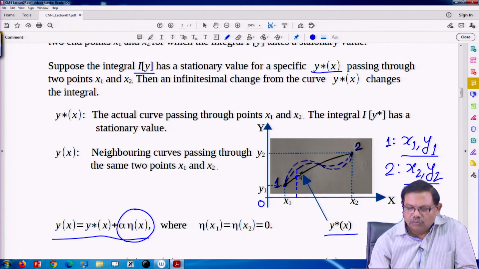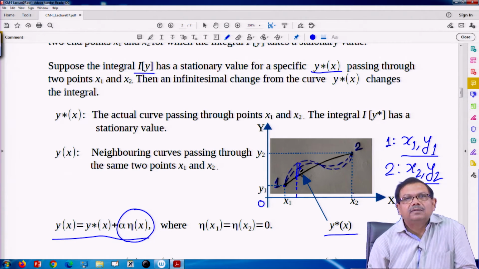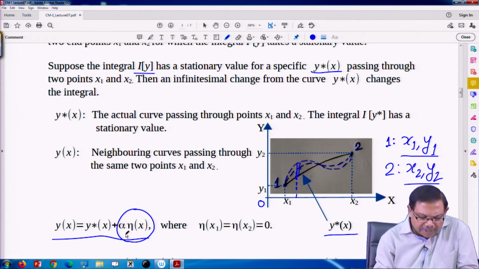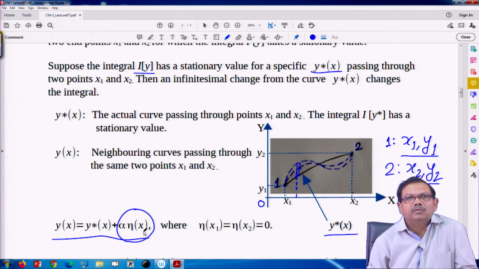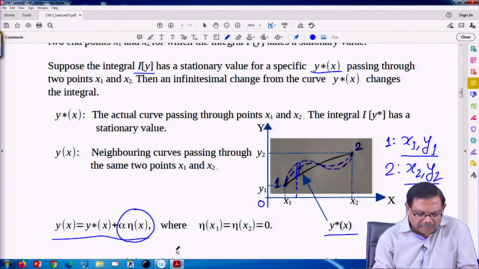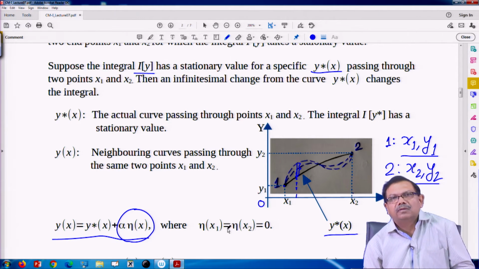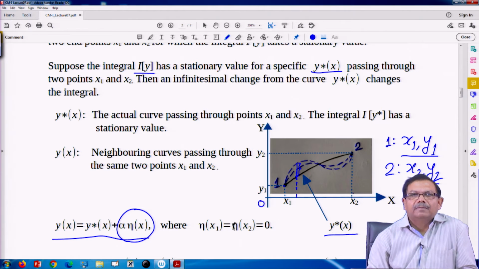This was on the actual path, the lower point, and as I go up, I go to a particular curve. So, this is my extra part that I have added. My path differs by an amount delta y if I take this value of y at a given x. That I am trying to represent by two terms: one is a parameter alpha and another is a function eta of x. Why do I require these two things? Why not only a function eta of x? Because of the following.